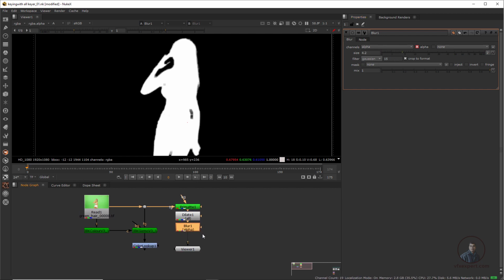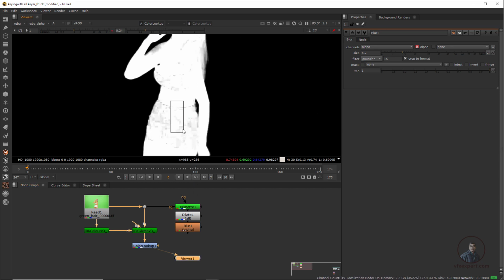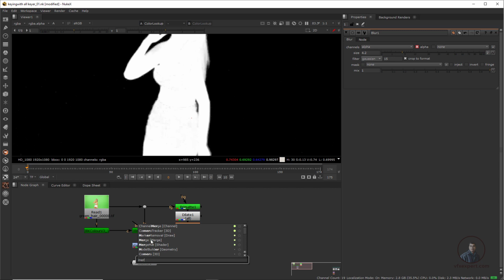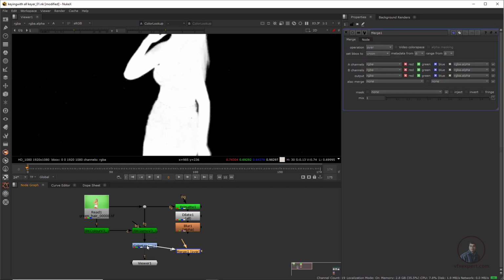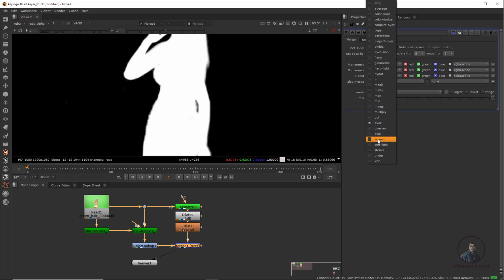Then after this we have to merge this core matte on top of our soft matte. So again this is our soft matte, and we have to clear all these gray pixels that I am getting in our soft matte with the help of this core matte. So press Tab and type merge node. Then B we have to connect to this IBK gizmo output, and A we have to connect with our Primatte output. Now select this one, press 1, double click here, and in operation select max.